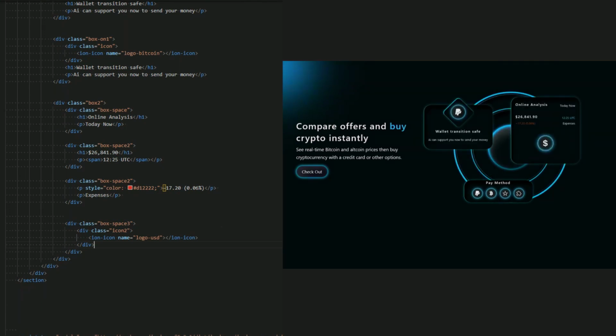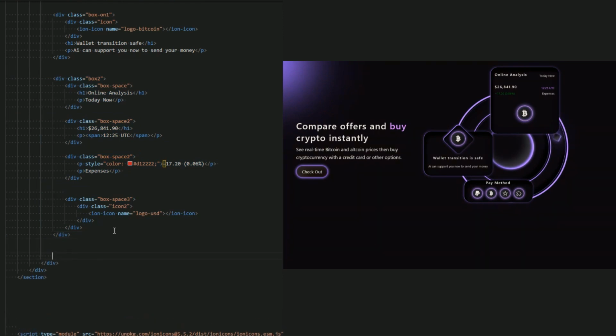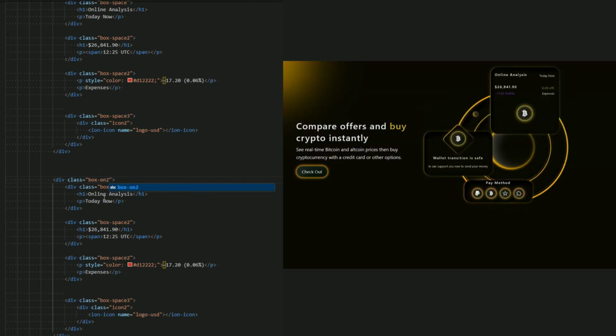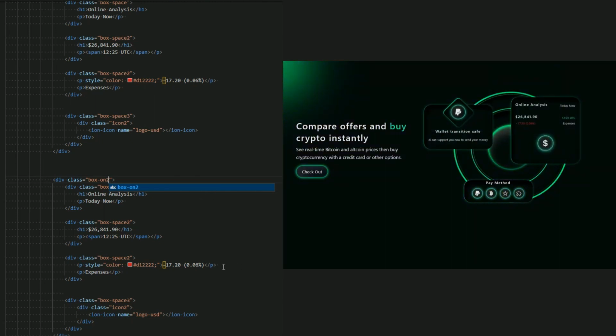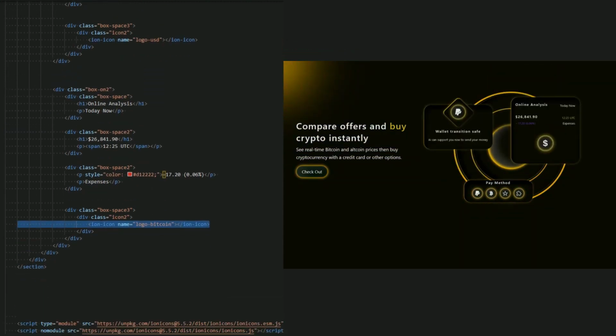This is a box 2, and let me add it again. So let me just copy it. Copy, paste it, and let me name it box on 2, which is the same box, just change the position. Okay, and no need for changing this. Just let me change it to this Bitcoin icon. This is $1 and this is a Bitcoin. There we go. And the last box, which is the bottom that has 4 icons, you can see it.